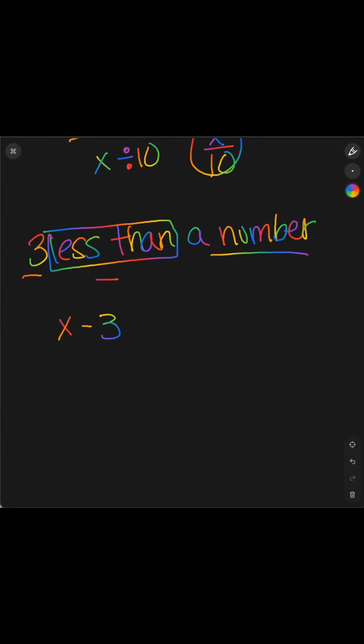So let's do a summary. The first thing you need to do is identify the keywords, like